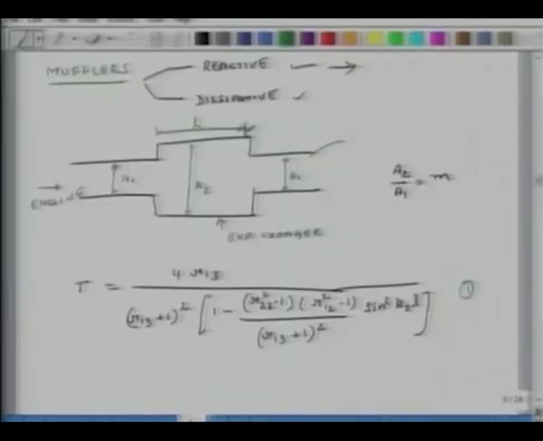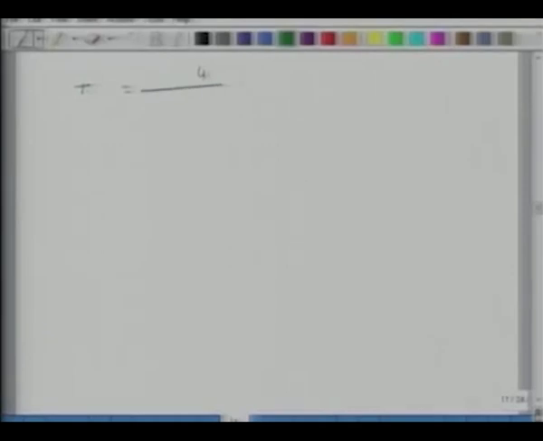So now I put these values of R's in the first relation, which is the relation for transmission factor, and what I get is T equals 4 divided by 4, 1 minus m square minus 1, 1 over m square minus 1 over 4 sine square K2L, and then